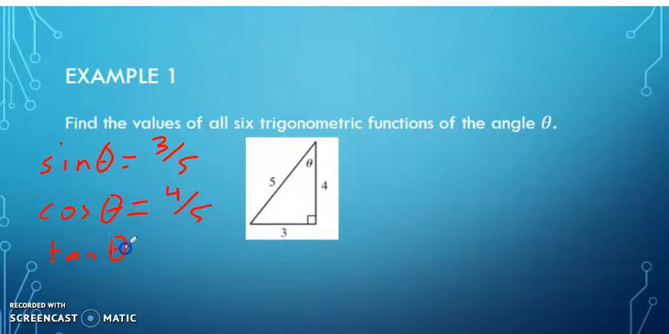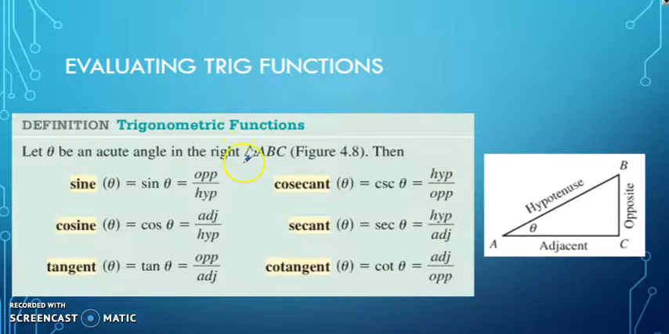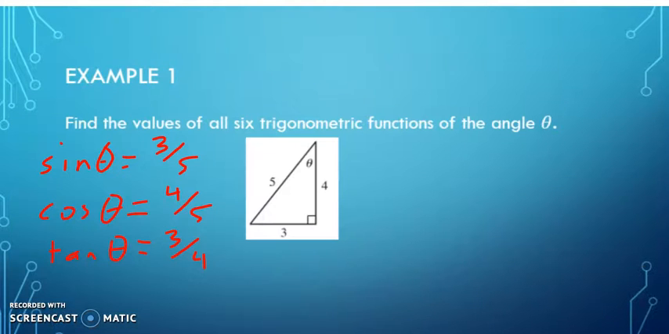And then lastly, we have tangent of theta, which is going to equal opposite over adjacent. So 3 divided by 4. And again, those rules are just coming from what we have here on the table, the opposite over hypotenuse, and opposite over adjacent. So now that that part's done, it's fairly easy to go through and list out cosecant of theta,